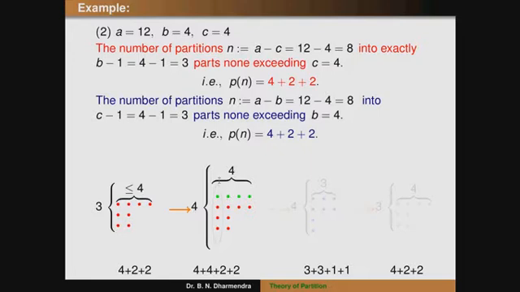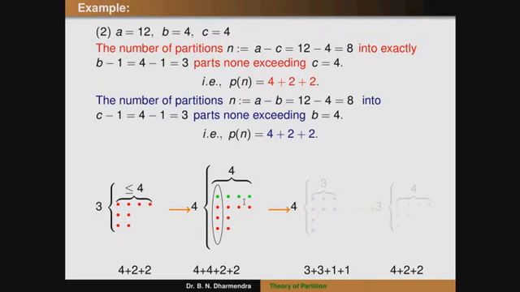Also we can observe that the columns are equal to c, that value is 4, and this value is b. The number of rows is 4, and the columns are less than or equal to 4, that is c. So what is next? We can delete the first column. When we delete the first column, the rows are less than or equal to b, that is 4 is less than or equal to 4, and the number of columns is c minus 1, that is 4 minus 1.